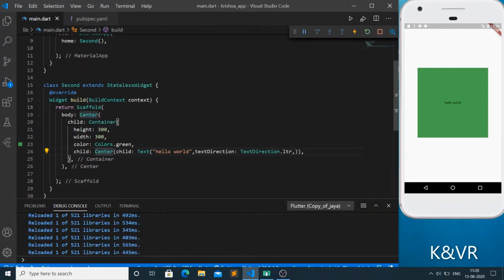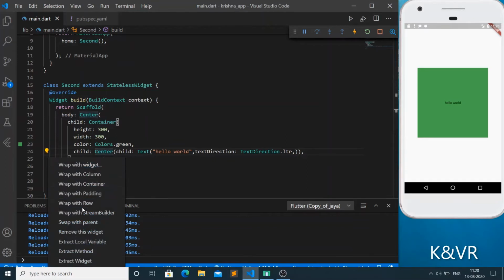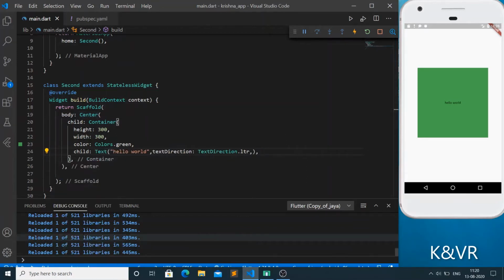Here we are using the center widget, so it is not working. Just remove this center. From left to right it is coming here. Just change it to right to left. Just see here, it is coming from this end, from right to left.